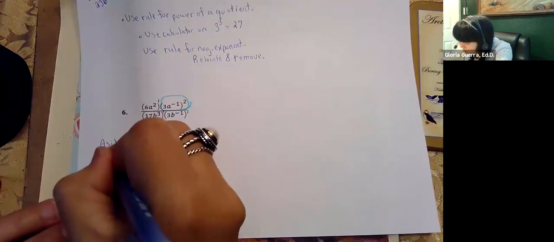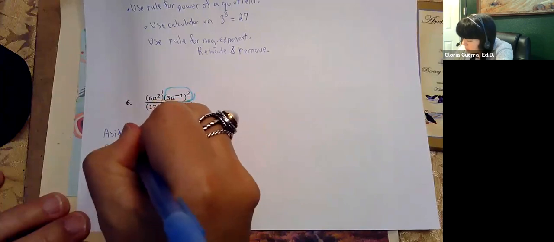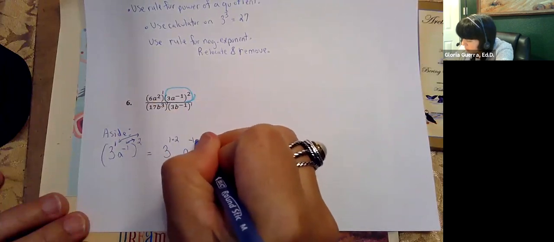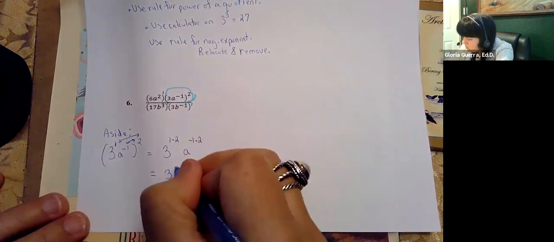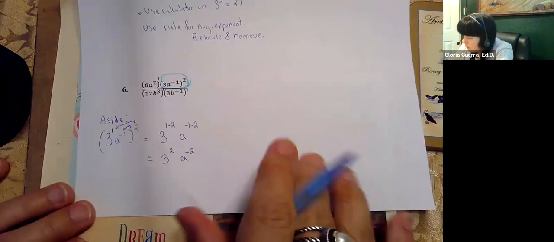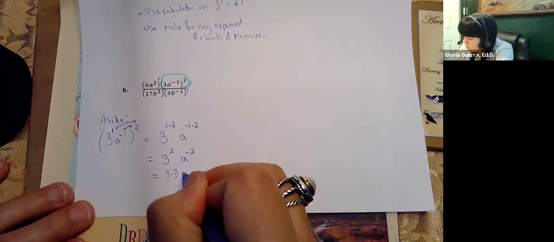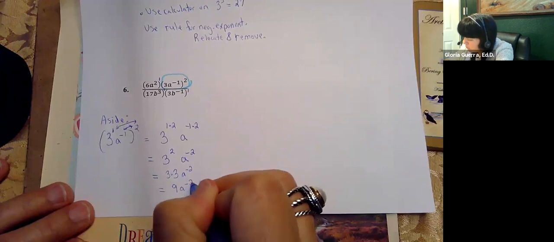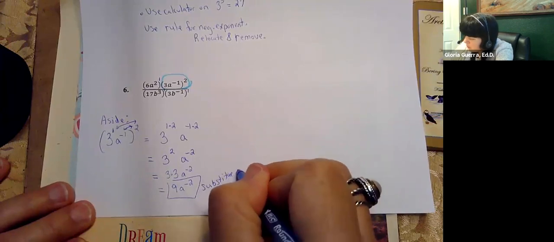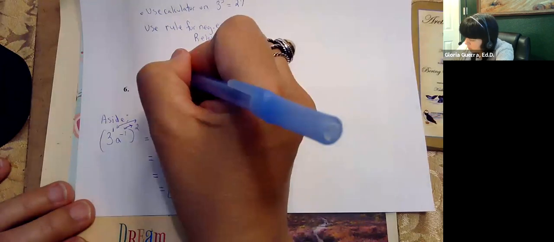And that 3 has an imaginary 1 there on it. And so I'm going to be multiplying, right, the inside exponent with the outside exponent. So I'm going to do 1 times 2, and on the A, negative 1 times 2. So 1 times 2 is 2. On the A, negative 1 times 2 is negative 2. And then I'm going to use my calculator on 3 squared means 3 times 3, which is 9, A to negative 2. And I'm gonna substitute that over here. So I'm gonna scratch this off, and I'm gonna put 9 A